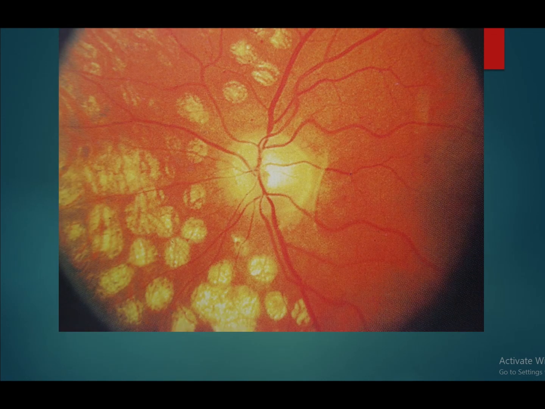So this is a picture of a pan-retinal photocoagulation. What you see here are the laser marks in the periphery of the retina. Almost this entire periphery of the retina is knocked off so that you save the central vision. So the take-home message is all diabetic patients have to be screened for diabetic retinopathy yearly so that you can pick up the complications at an earlier stage and prevent their progression to visual loss.